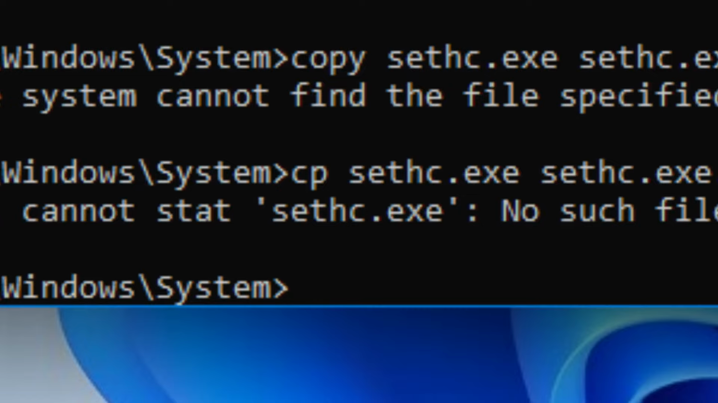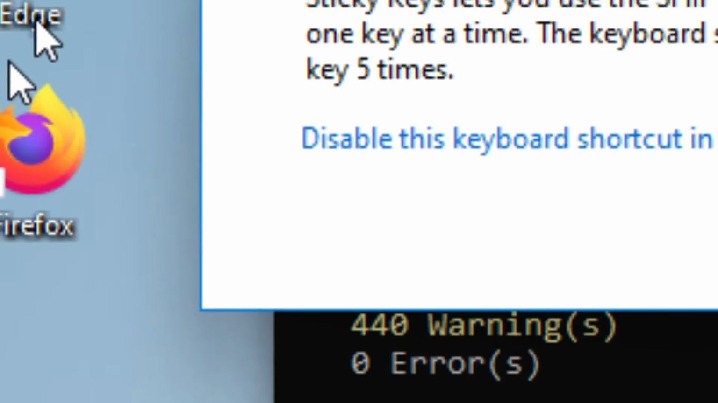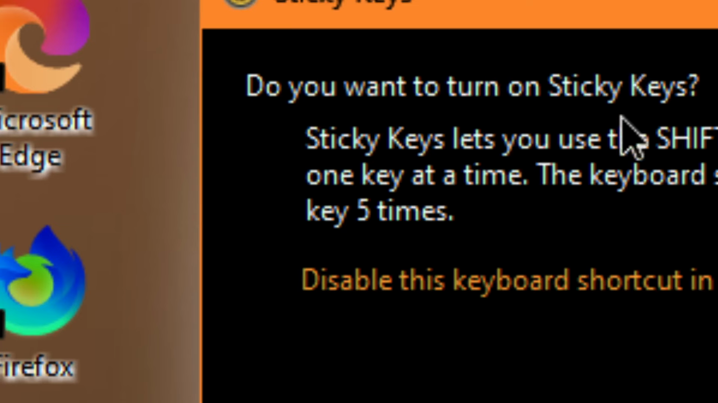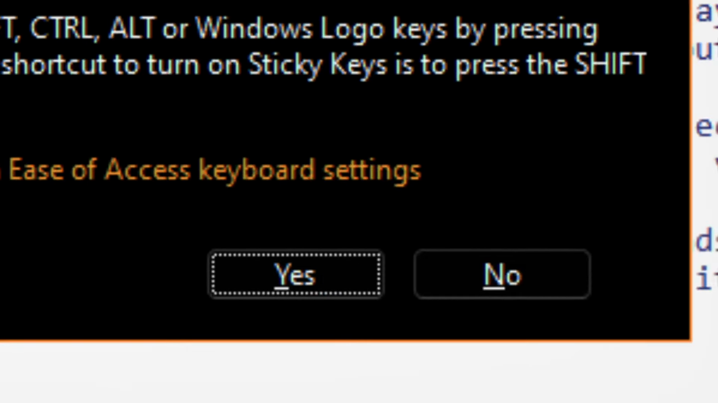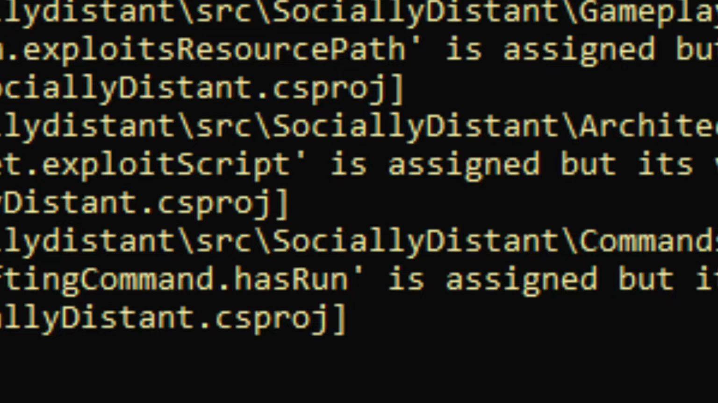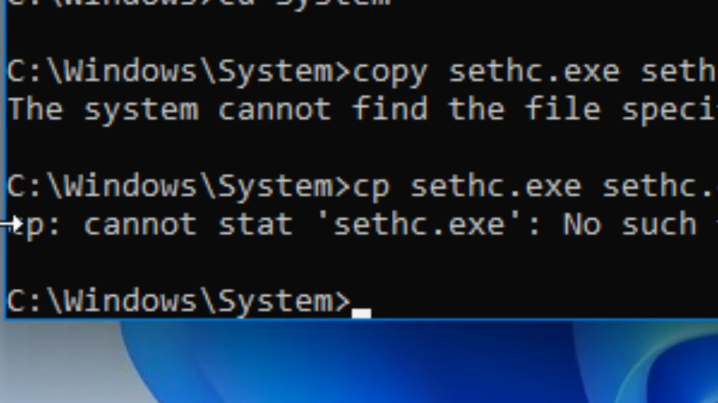It's what comes up when you press Shift 5 times. You know, you get this dialog box. Alright, that's sethc.exe. That's what it does. So the idea is, if you're able to overwrite that with cmd.exe,